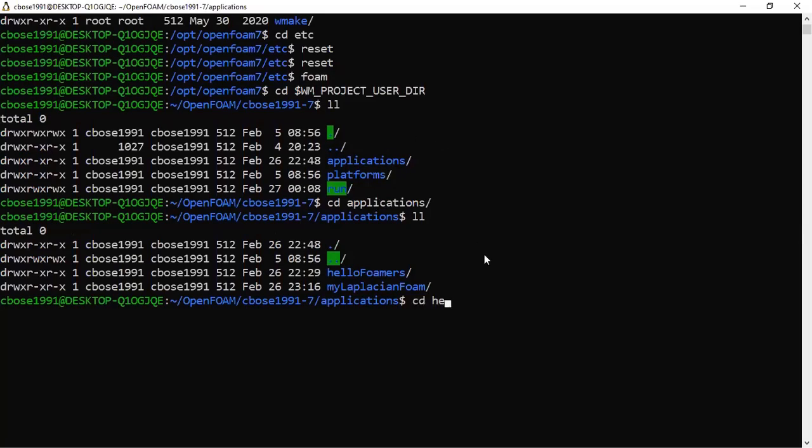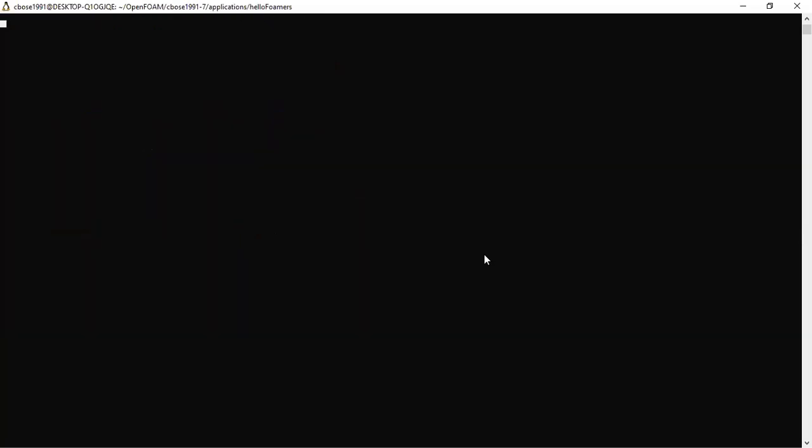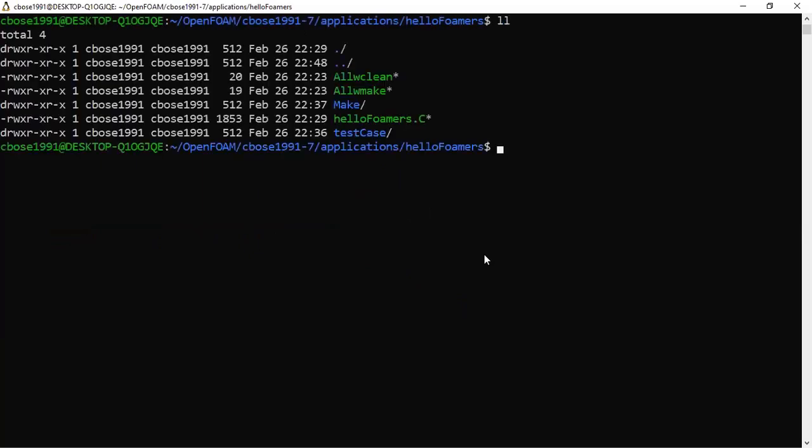Okay, so let us see what is there in this folder. And if I see the content, you will see that this is a folder which we will create now. Okay, so this is a new code which you will be compiling from your side to the installed OpenFOAM library. Okay, so to give you a basic idea about what these codes and how this should look like, I will just show you my PPT.